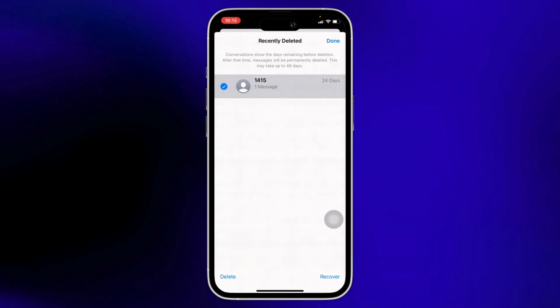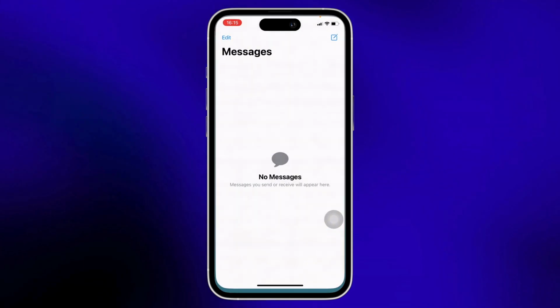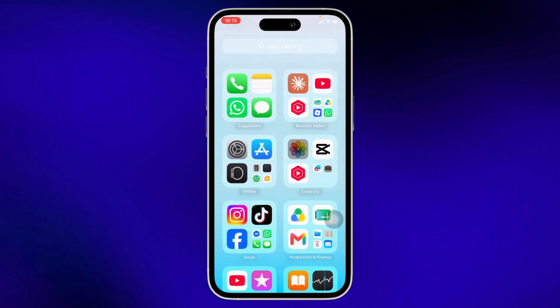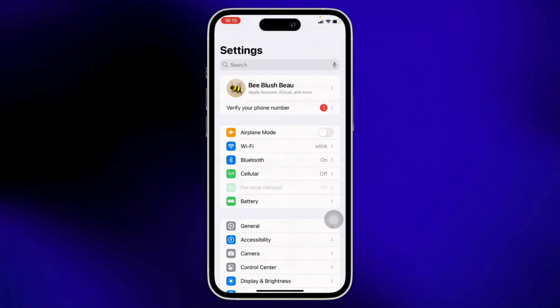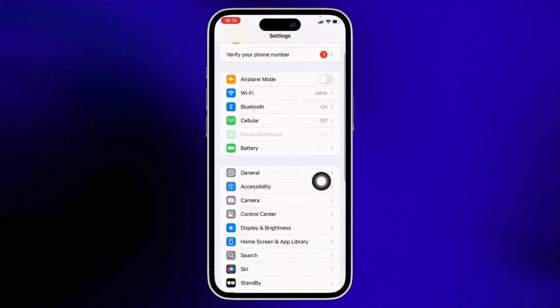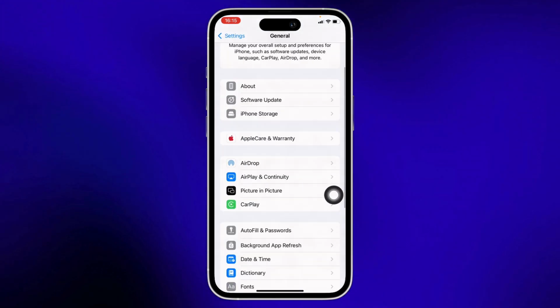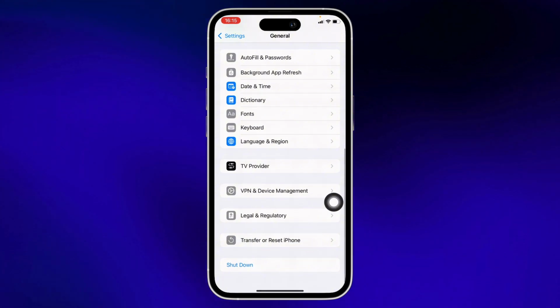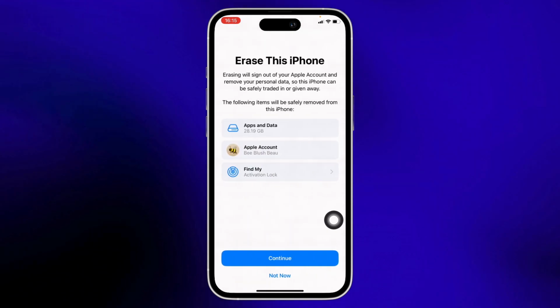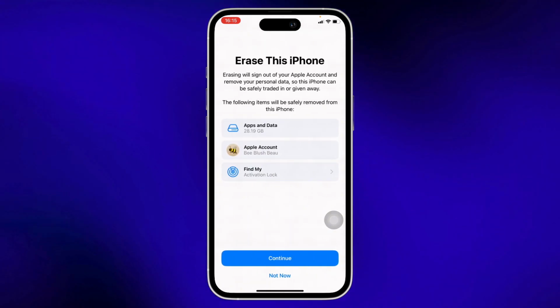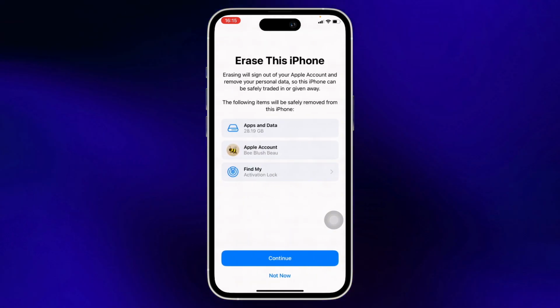And just in case you cannot find it here, then go ahead and open Settings on your device, as you might need to restore from an iCloud backup. Here, tap on General and then on Transfer or Reset iPhone and then on Erase All Content and Settings. Erase all your content and settings and then set up your iPhone again, and make sure to back your iPhone